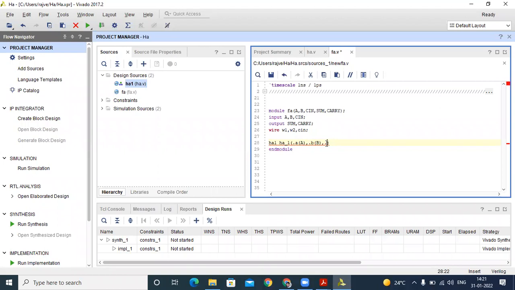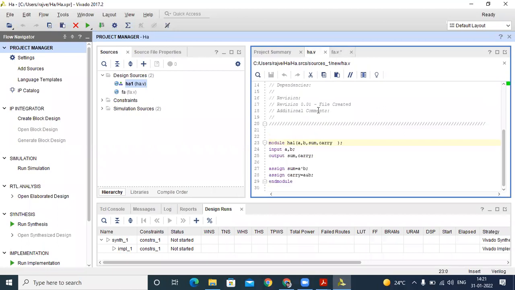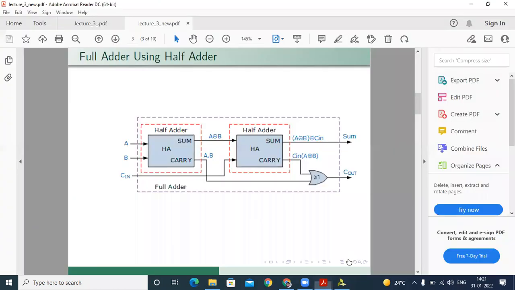In the top module, C has sum. How do we connect sum with our wire? You can see in this structure, and after that you will easily understand. This is our sum, but it is connected to our wire W1. Firstly, we assume that this is wire W1, this is wire W2, and this is C in wire. So our half adder sum port is connected to W1 in our top module.